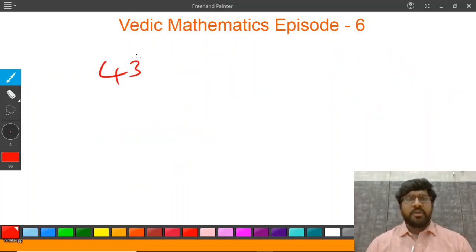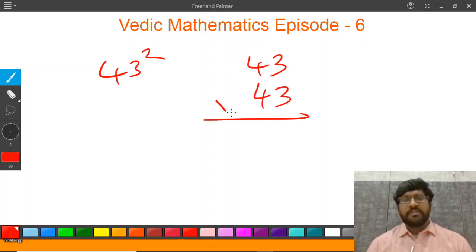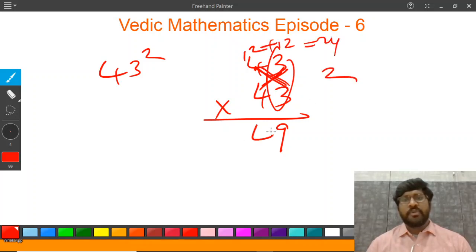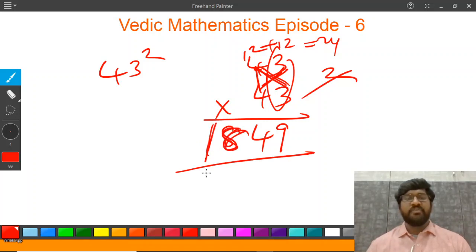Let's say 43 square. 43 square is nothing but 43 into 43, right? 3 3s are 9. Next diagonal 12, 12, 24. The advantage in finding the squares is both the diagonals are always the same, because we are taking the same numbers. So 12 plus 12, 24. So 2 carry 4 here. Next 4 4s are 16 plus 2, 18. This is easier than the previous two techniques. I feel personally this is easier than the two techniques.